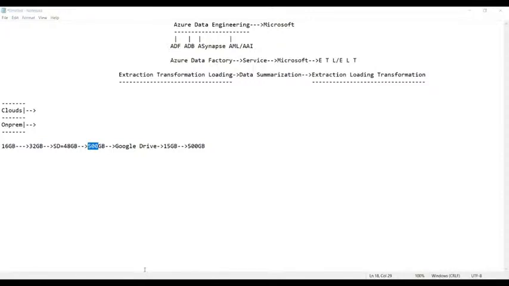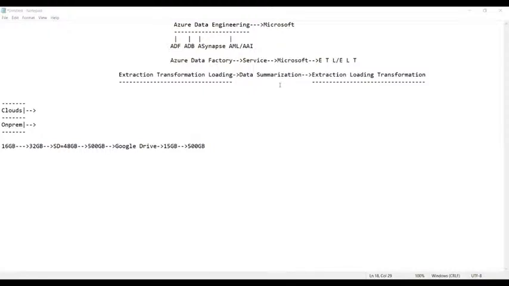Tell me now, can you recover it? Can you recover the 16 GB of memory? No, we cannot. Can you recover this 32 GB of memory? No. Can you recover this 500 GB of memory? Yes. Whenever you store data in Google Drive,